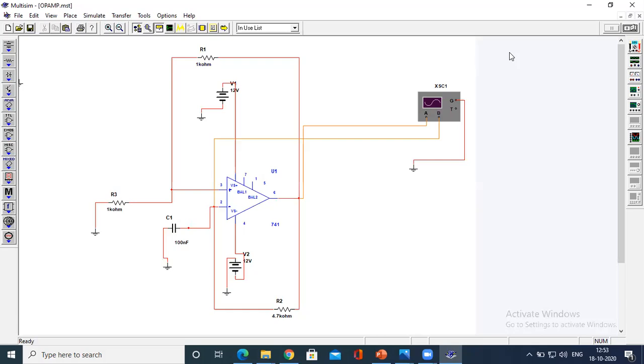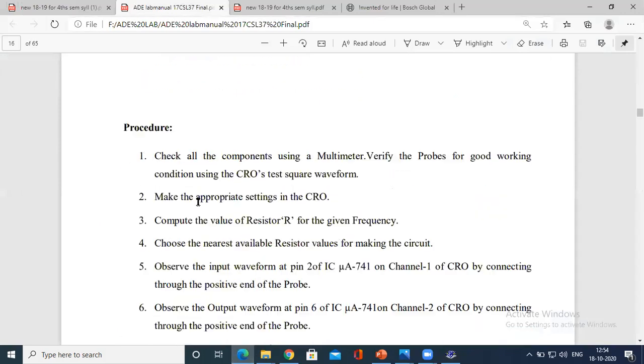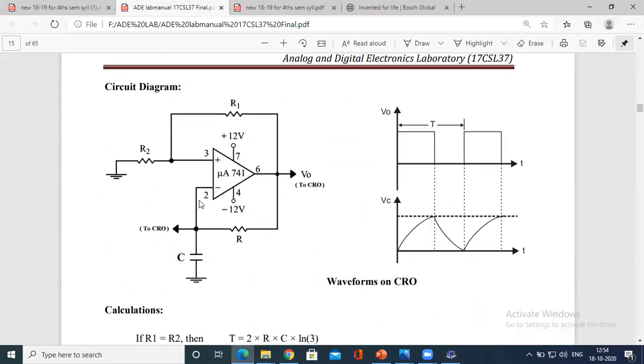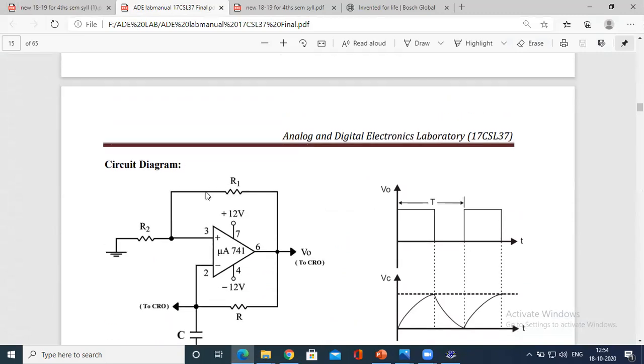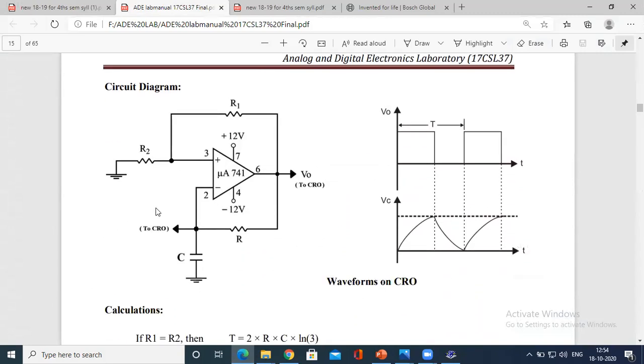See, this is an experiment of a relaxation oscillator that I have done prior to the class. So this is the circuit design, same as this, fine. That is for the first case, F equals 1 kilohertz, R1, R2 equals 1 kilo ohm, fine.